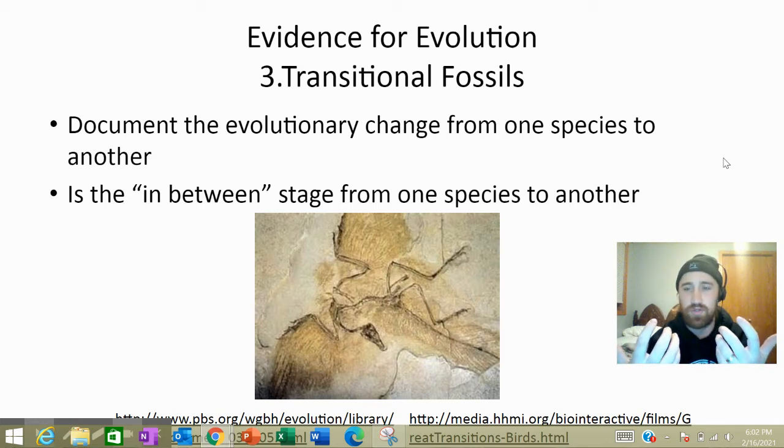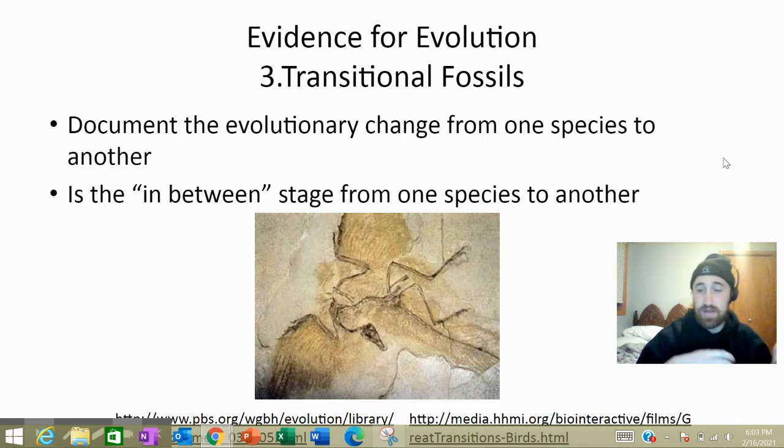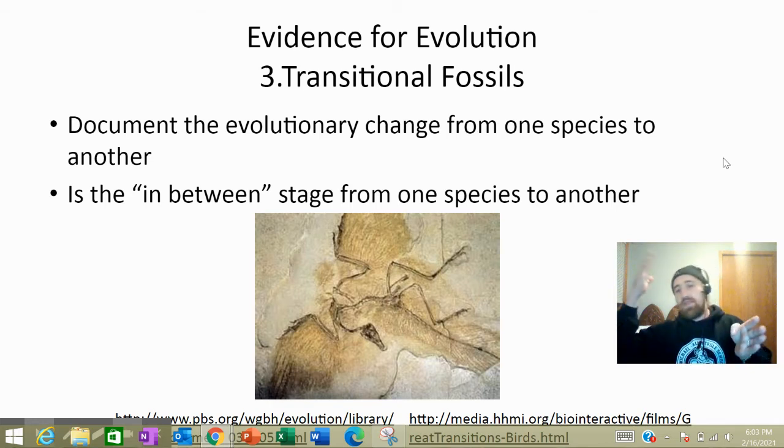There are a lot of really cool examples of transition fossils, maybe of, say, a reptile that now has wings, and there might be this transition phase where they had wings, but they probably weren't able to fly, and now we see that in-between phase. A lot of people struggle with the theory of evolution because they think, oh, it was this thing and then it became this thing, just like boom, boom, and that's not the case. There was so much transition period in between,